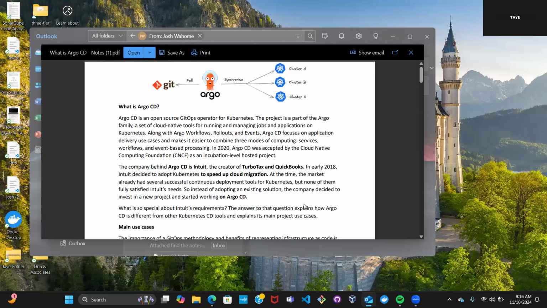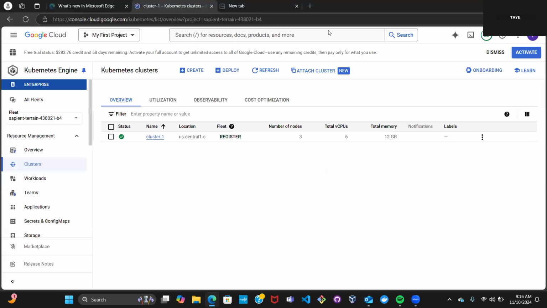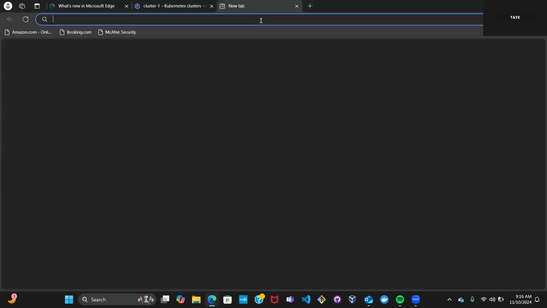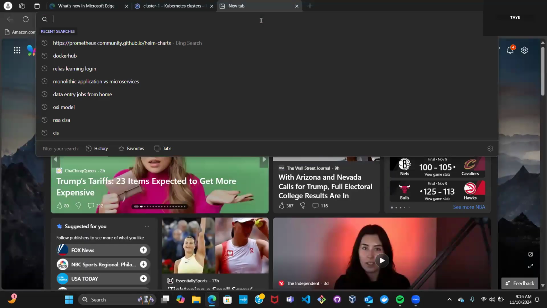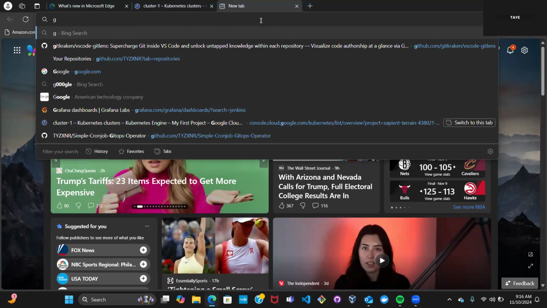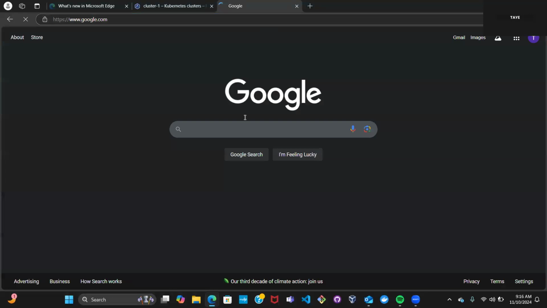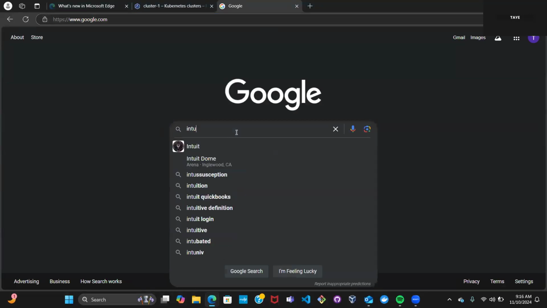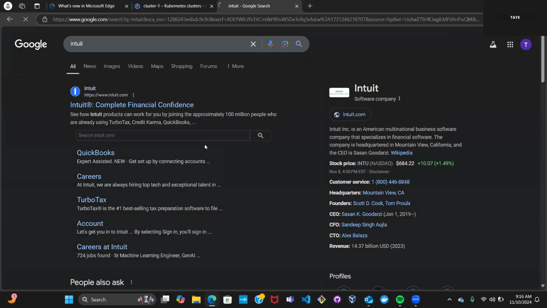Let's go on the browser and let's Google Intuit. You just add another page and you Google the word Intuit. You can just type, it's fine. So Intuit is a big company. You see, it's in the stock market. And actually, they are selling their stock. One stock is actually